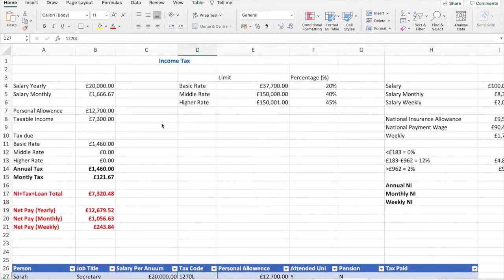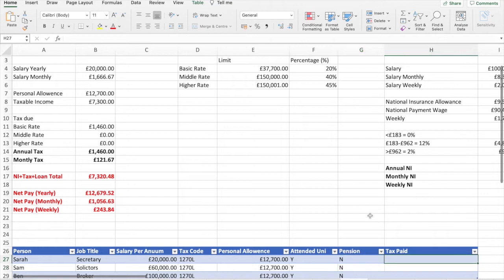So starting off with Sarah the secretary on a £20,000 yearly salary, equating to 1,666 a month. Personal allowance is 12,700. Her taxable income would be the yearly salary minus the personal allowance, giving 7,300. So this means the tax she's going to be paying would be on this amount here. 20% on 7,300 equates to 1,460. So Sarah's yearly tax paid would be